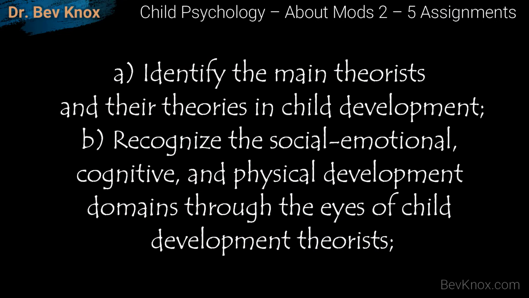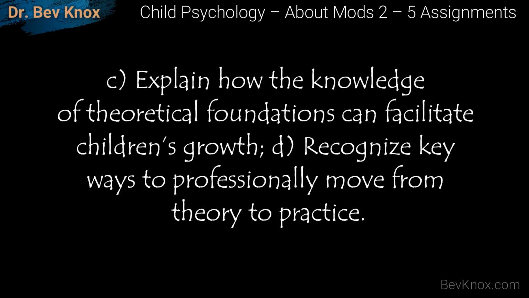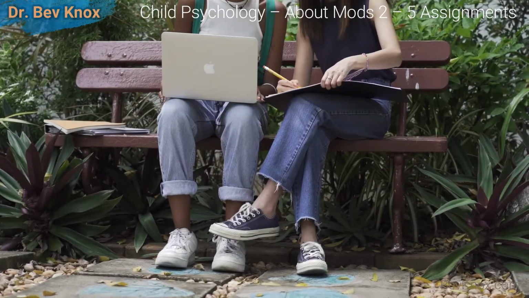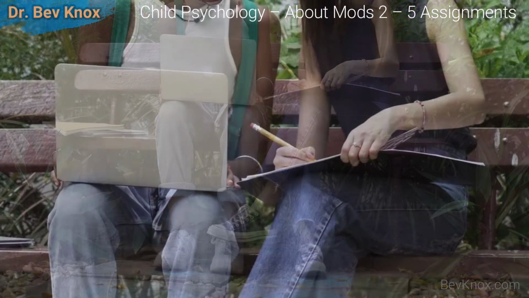Upon completion of this lecture, the student should be able to identify the main theorists and their theories in child development, recognize the social, emotional, cognitive, and physical development domains through the eyes of child development theorists. Explain how the knowledge of theoretical foundations can facilitate children's growth, and recognize key ways to professionally move from theory to practice. So you are to read Early Learning Theories Made Visible, the text in itself, and there's actually 5